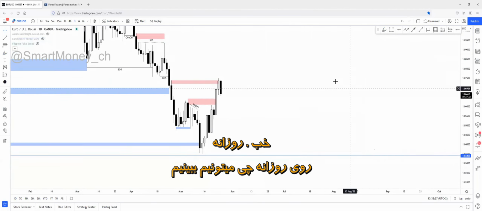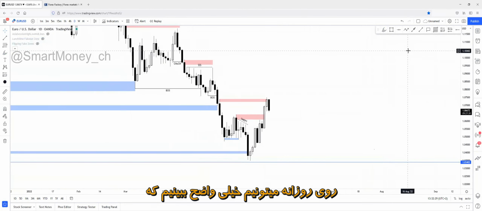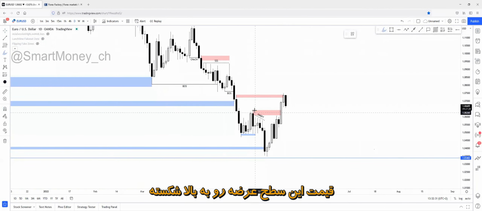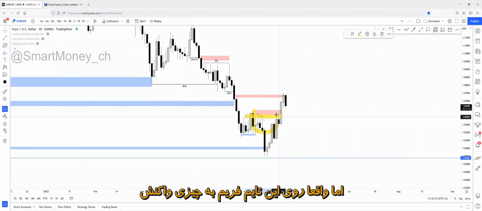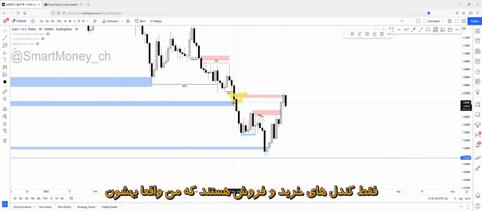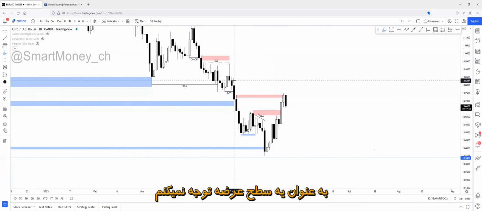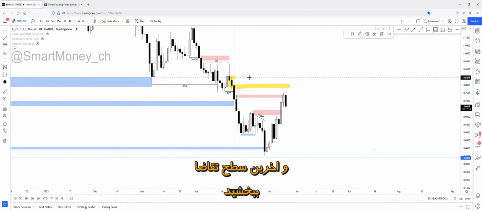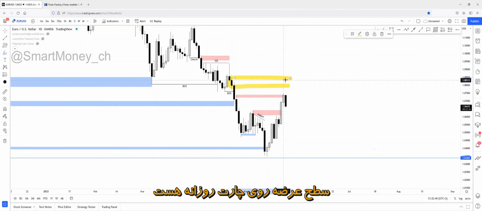So the daily, what can we see on the daily? On the daily, we can see that price broke above the supply zone right here, and it's not really reacting on something significant on the daily chart, just a buy to sell candle, which I don't really consider a real supply zone. There's the less recent demand zone, supply zone on the daily chart.